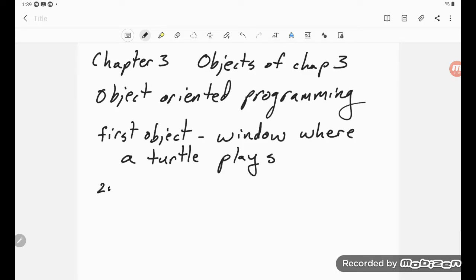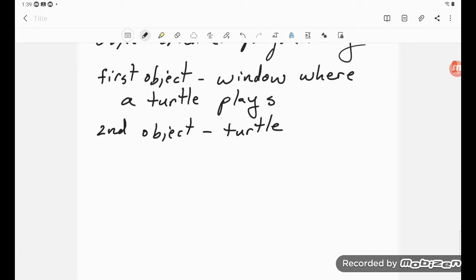And our second object is a turtle. Okay, now we don't have to get deeply into this whole idea of object-oriented programming, but I think it's